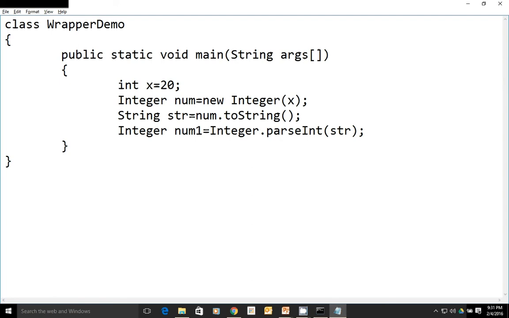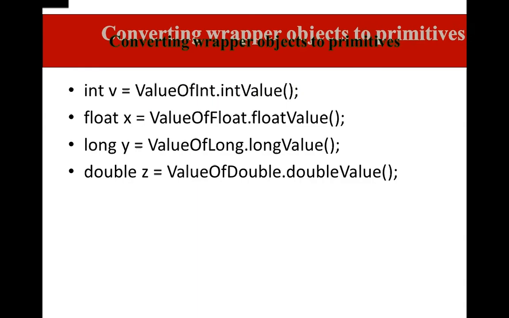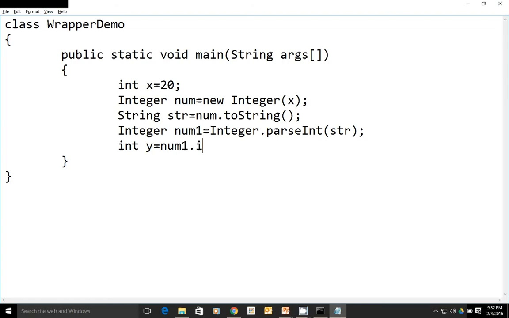This returns an int, and that integer is handled by an Integer object. Now I want to declare one variable, int y = num1.intValue().